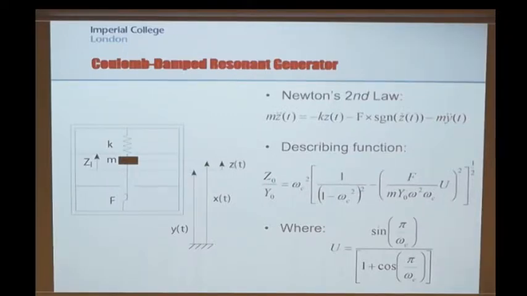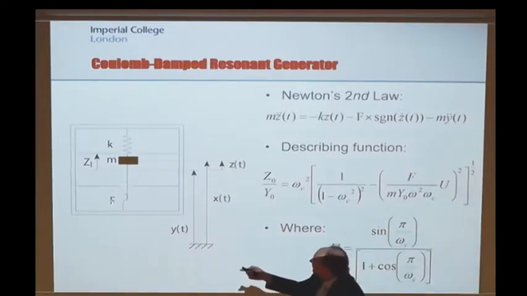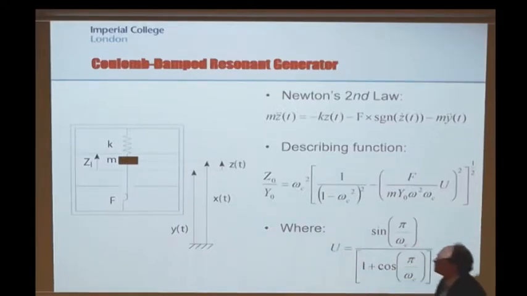Once you put different circuits onto these harvesters, you can change the force velocity characteristic to some extent as you like, as long as you control the circuit in a way which gives you whatever force velocity characteristic you're interested in. So with this particular type of damper here, the Coulomb type of damper, where we have a constant force which is just resisting the relative motion, what you find if you operate the piezo device using the charge flipping techniques, SSHI,